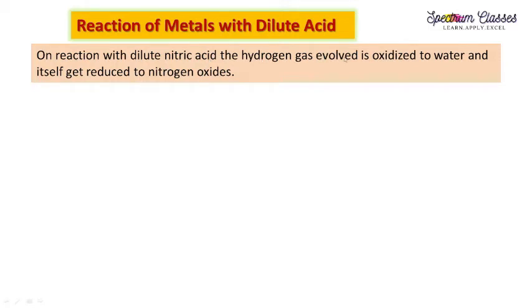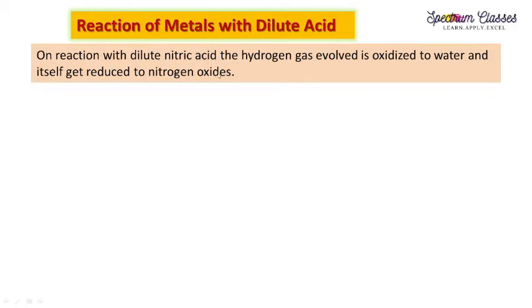Hydrogen gas which is evolved over here, H2, is further oxidized to water. Oxidize means addition of oxygen or removal of hydrogen. So that is called oxidation. And the reverse of this, removal of oxygen and addition of hydrogen, is called reduction. Oxidation as well as reduction both go hand in hand. No single reaction can occur at a time. So this is important. On reaction with dilute nitric acid, hydrogen gas evolved is oxidized to water and itself gets